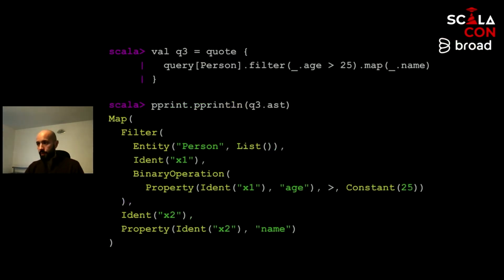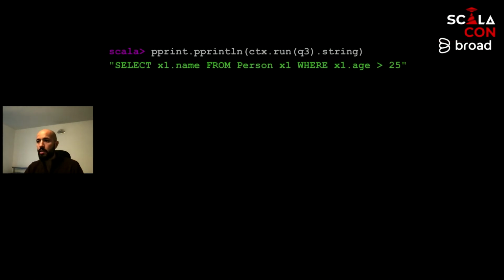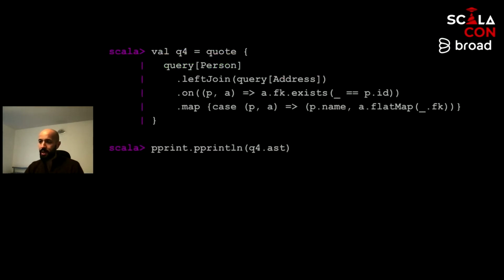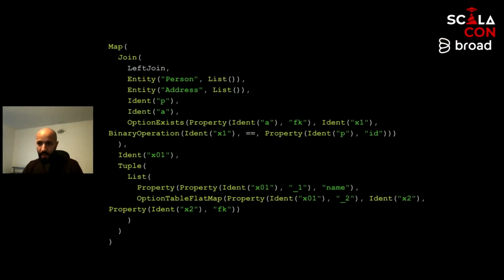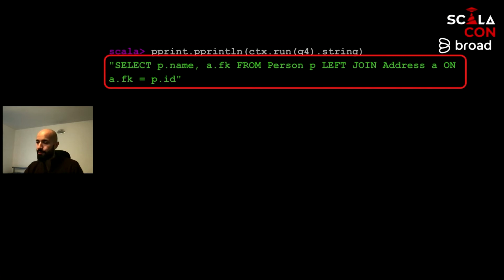The next one, filter and map, has this already much bigger AST that will be translated to this SQL right here. And that very complex AST we had for the left join right here, that generates that massive AST, will be translated to something much simpler. That's just this SQL right here. Interesting enough, sometimes a few of those ASTs, doesn't matter how big or small they are, will have a much bigger or much smaller outcome than other ASTs. And how does it work? Well,